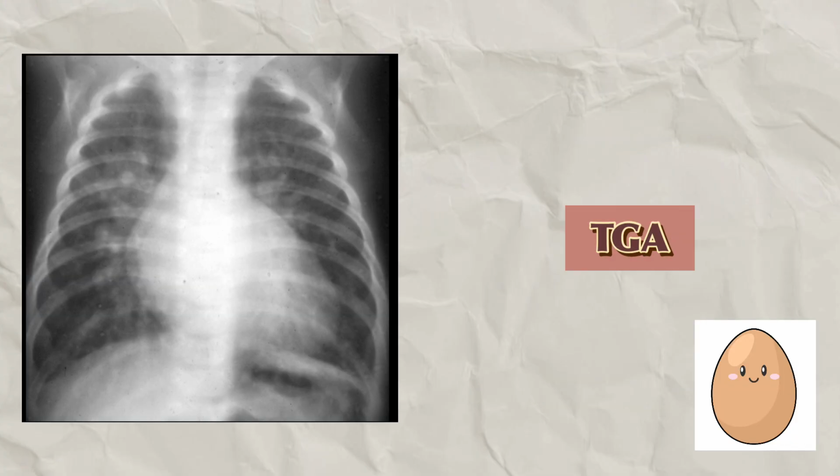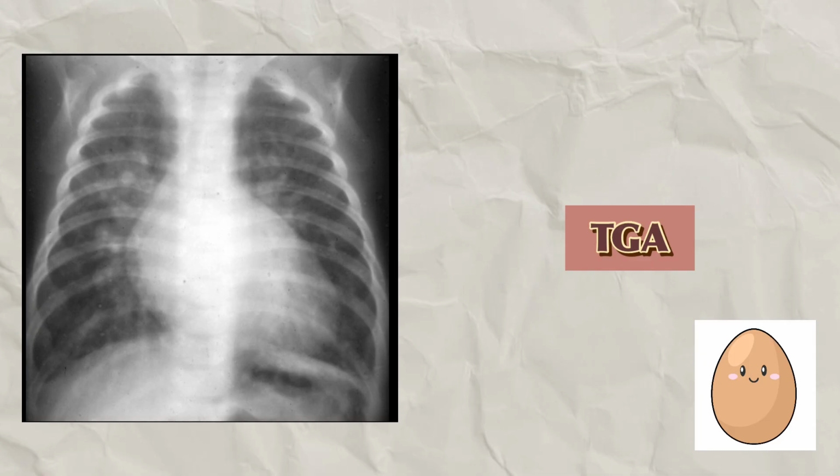Now let's try and interpret the third X-ray. This is a plain chest X-ray of a newborn taken in an anteroposterior view. The film appears to be adequately exposed and centered. On assessing the cardiac size, the heart is normal or mildly enlarged, depending on the presence of associated defects.